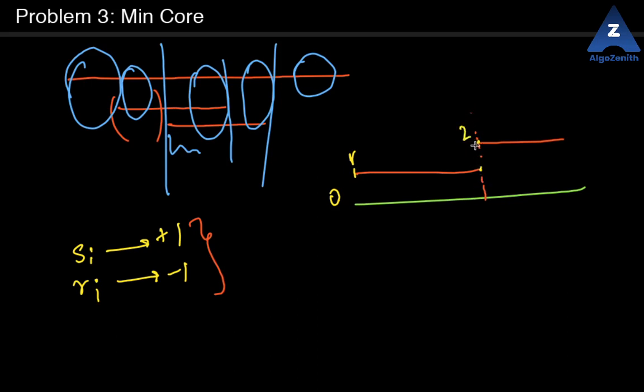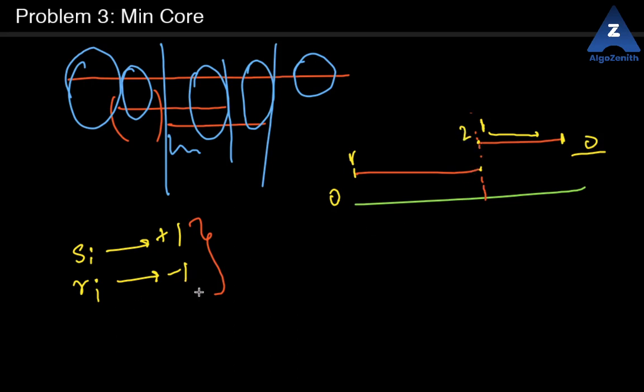So you see 2 first of all, and then you subtract this because there is Ri over here, so you then go to 1. After this everything is 1, then you go up to this and then you subtract, then you go to 0. So everything is 0 over here. As you can see, at this exact point you see two segments getting overlapped, right? So you need 2 cores.